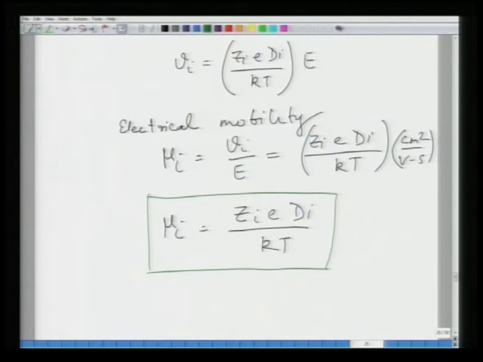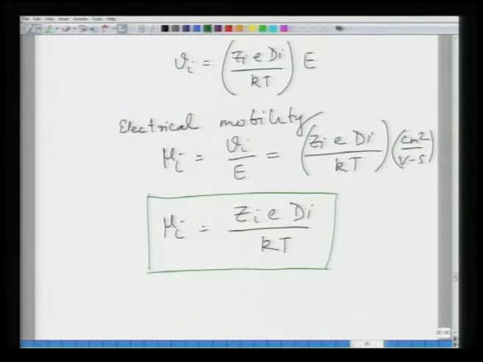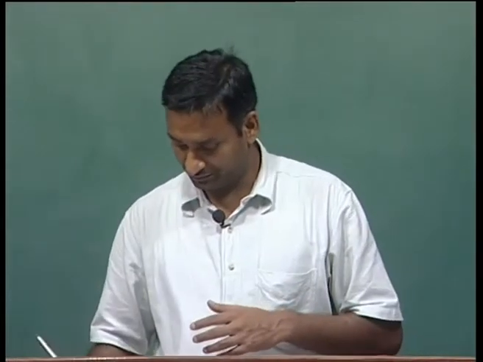So, this is for an ionic system. We will do some more things with these equations a little later on, but at the moment I have shown you how the electrical mobility of a species in an ionic system can be related to the diffusivity of the species at a given temperature. So, before we go further into ionic conduction, we will briefly look at how conduction takes place in metallic conductors, and then compare this with conduction in ionic solids.